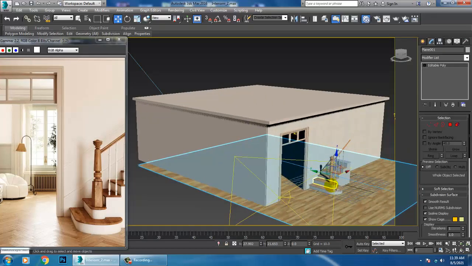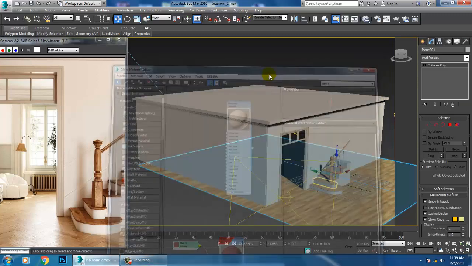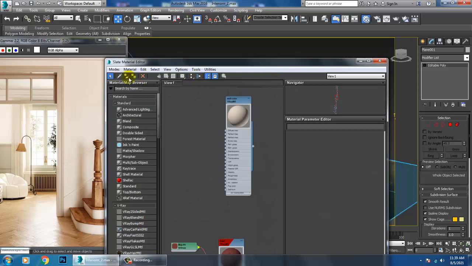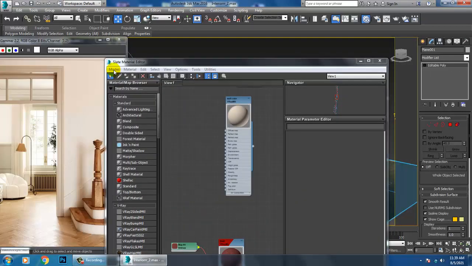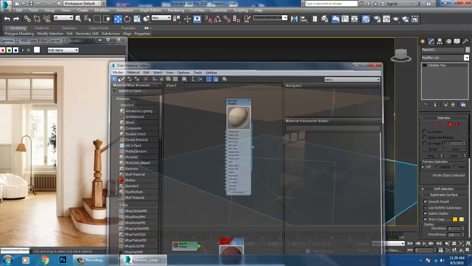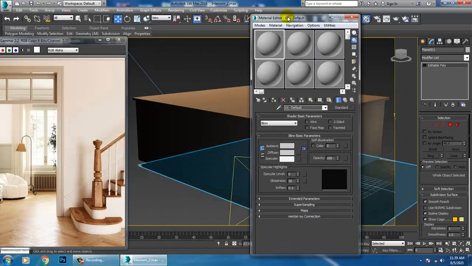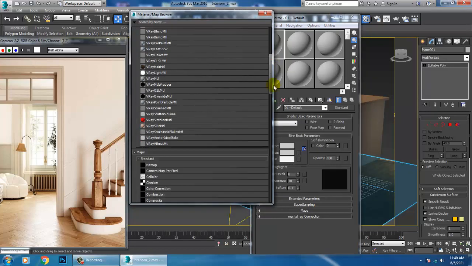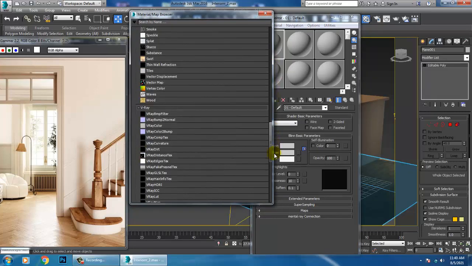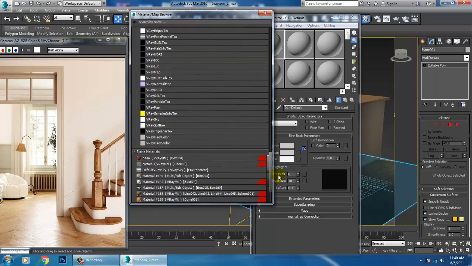Let's go into the material editor. I'll go into the modes and call an HDRI map. Let's click on get material and go into V-Ray HDRI.